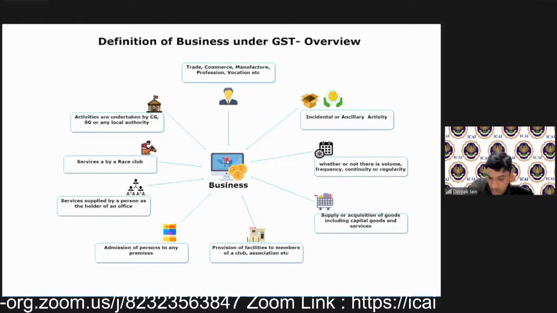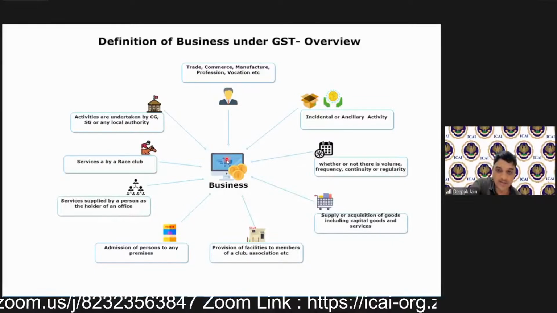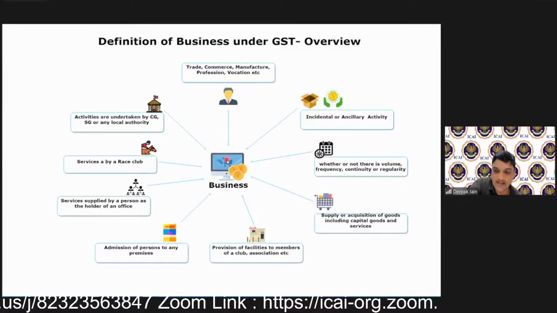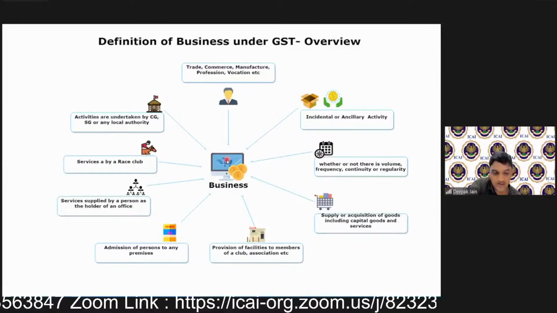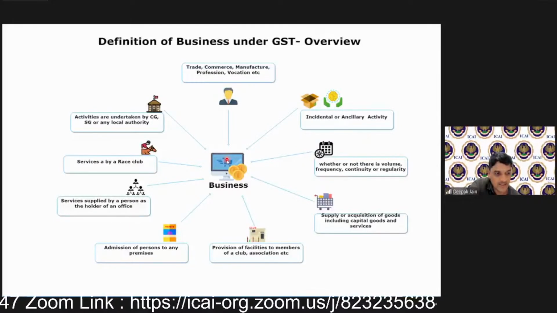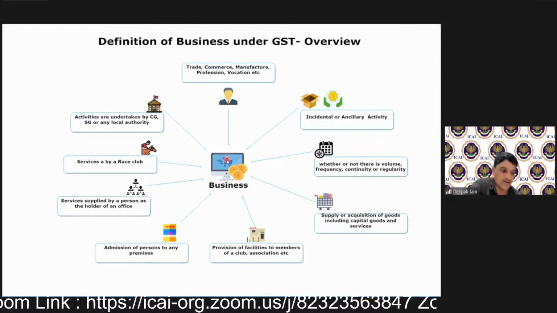A company provides quarters to ex-employee for residential purpose, which is not taxable. It's exempted. Then ITC is to be reversed to the extent as per GST rule. Correct. So if you are providing something for which you're not collecting any consideration, then you have to reverse the ITC.